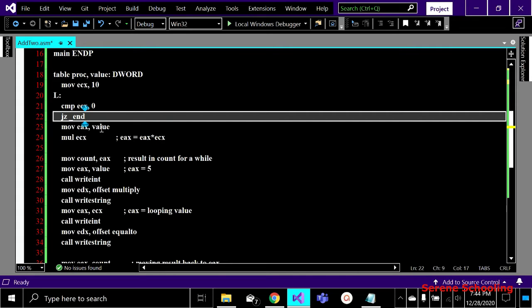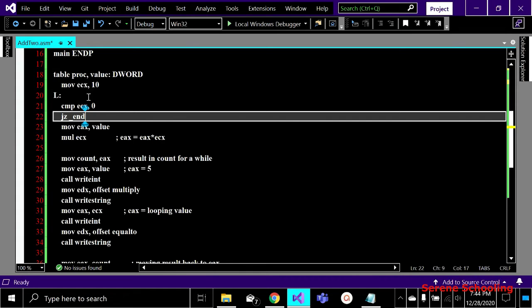And then I'm moving that value in EAX. That value is 5. I want the table of 5, so I'm moving 5 in EAX. Now my EAX is containing 5, and for mul ECX, we know how this instruction works. It multiplies whatever is in EAX with ECX, and the result also gets stored in EAX. My EAX is containing 5, and my ECX is containing 10.